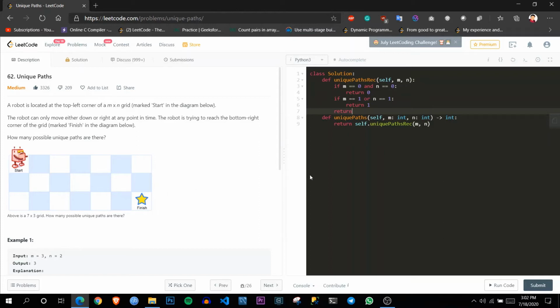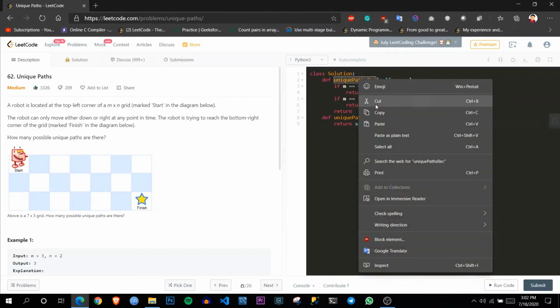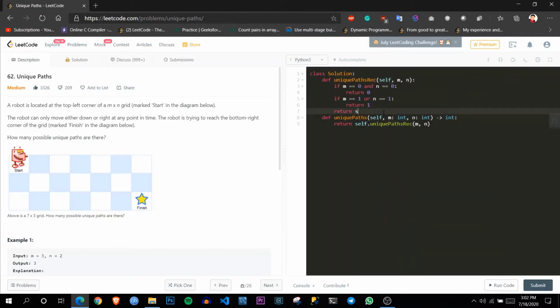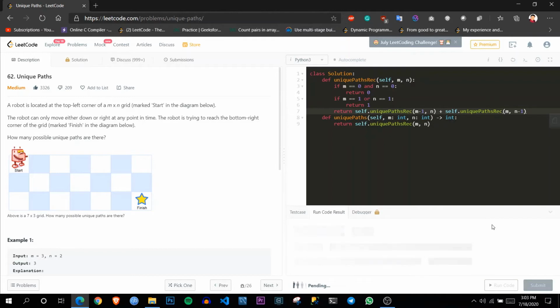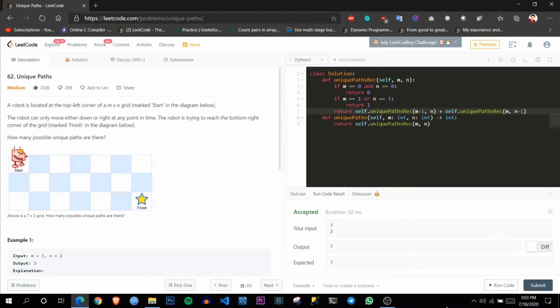So now return. Let me just copy this function name once again. Self dot this function name, and first m minus 1. This means we are going left and keeping n the same, plus self dot this function name. Now we have to go upwards, so keeping m the same and going upwards. So this is pretty much it for our function. So let's run it. We can see it's accepted, but the problem here is that this recursive code has many